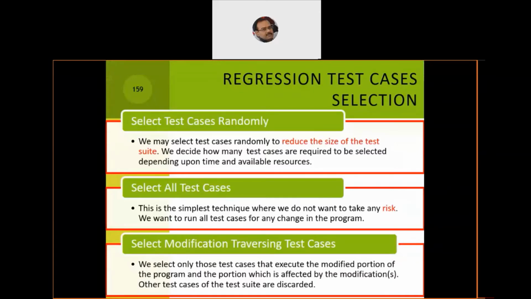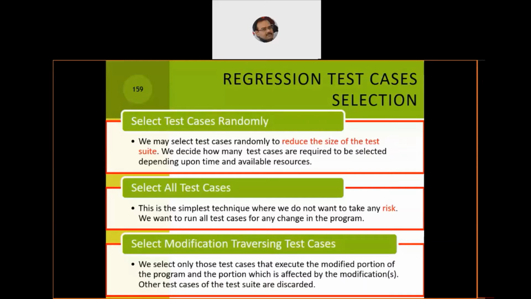So maybe you can randomly select one test case which can do the job for you after the source code has been modified, or you may run multiple of them, let's say 4 or 6 or 8, to check for the validity or the correctness of the modified source code. Another option, if you have a large amount of time, a good team, and budget is not a constraint, then we say select all the test cases.